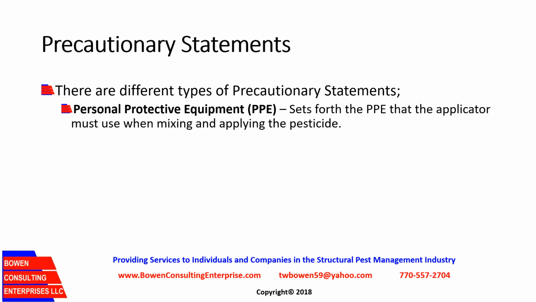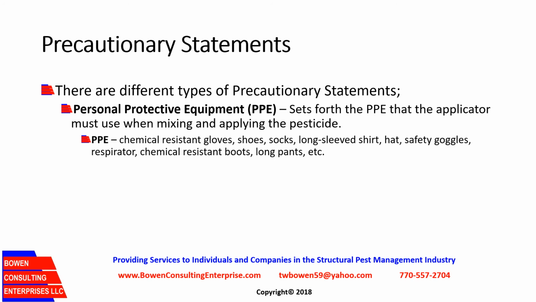If there are any special pieces of personal protective equipment, called PPE, required while mixing, applying, or disposing of the pesticide, it will be listed in this section. Examples of PPE are chemical-resistant gloves, shoes, socks, long-sleeve shirts, hats, safety goggles, and other items. It is a violation of the label to not use the PPE required by the label. This is the only way that you can be assured that you as the applicator will not be harmed by